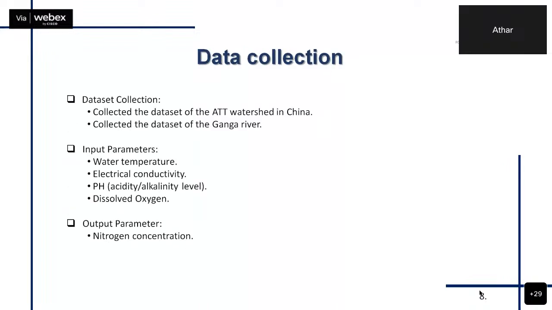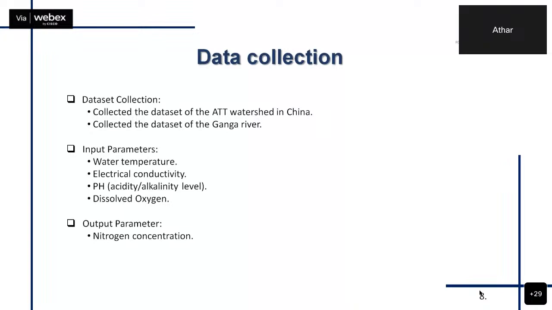So I collected the data of the ATT watershed, which is located in China, and I have also collected the data of the Ganga River. The reason for collecting the data from the ATT watershed is the shortage of data for Indian rivers. Additionally, the number of records in the Ganga River data was insufficient to train a machine learning model directly. Therefore, I first trained the model using the ATT watershed and then transferred this pre-trained model to make predictions for